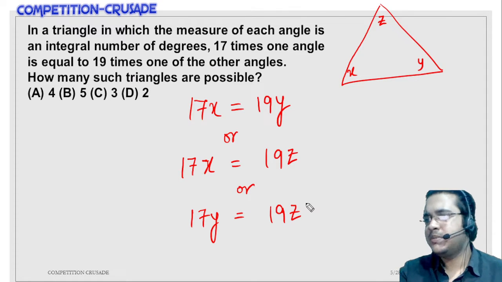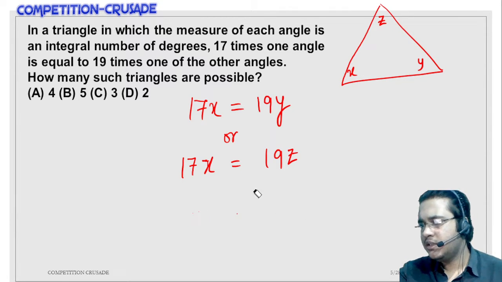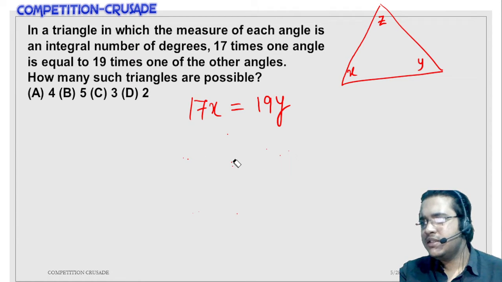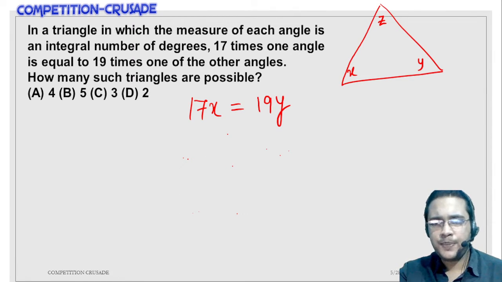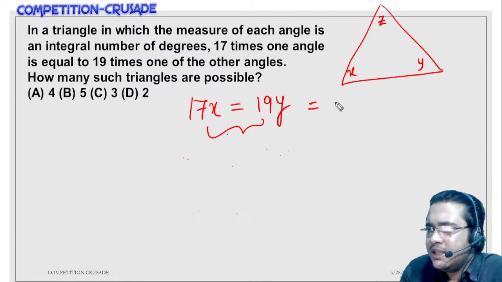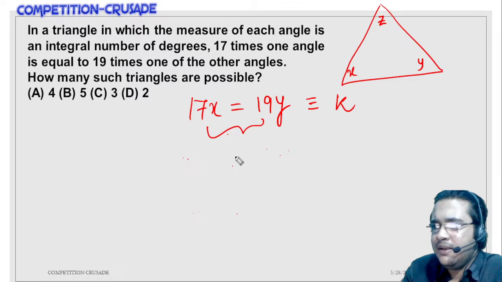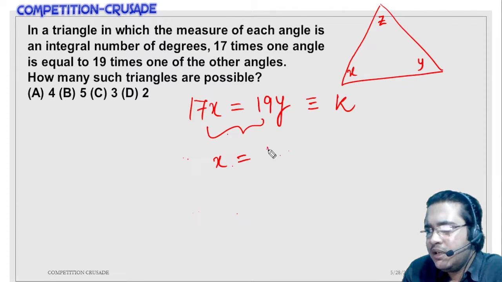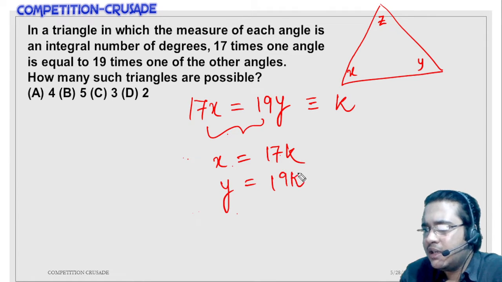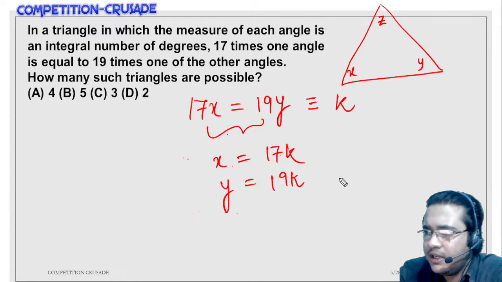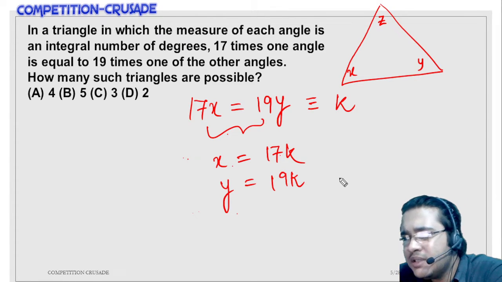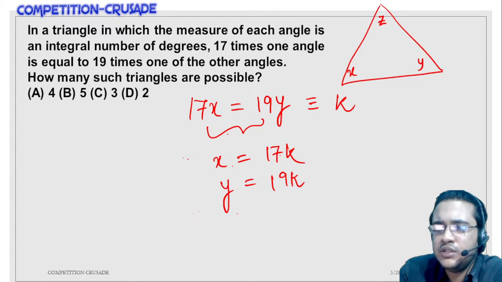Now understand, I'll explain what I'm doing and then I will take you to the next slide wherein I'll solve this question. So whenever a situation like this arises wherein you have two variables which are equated, I will simply assume that they are equal to a constant k, and then x will be equal to 17k, y will be equal to 19k. Now for all of you who are a little bit aware of CAT algebra, you can see this clearly, but for the ones who are not too much visibly succinct,